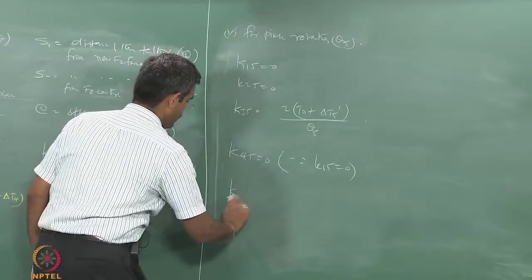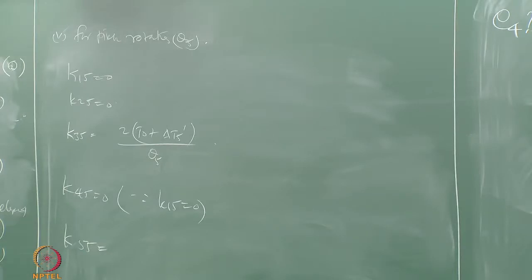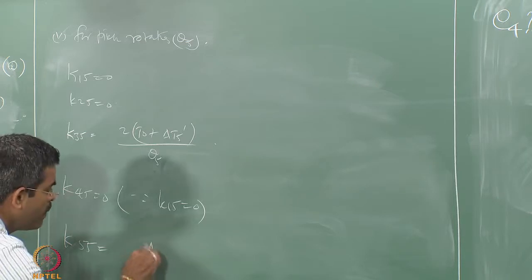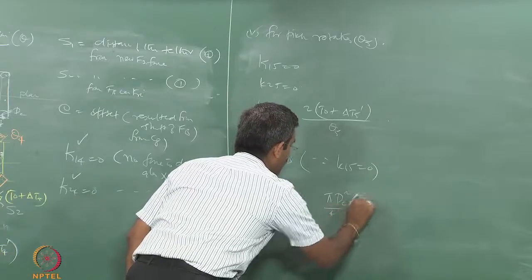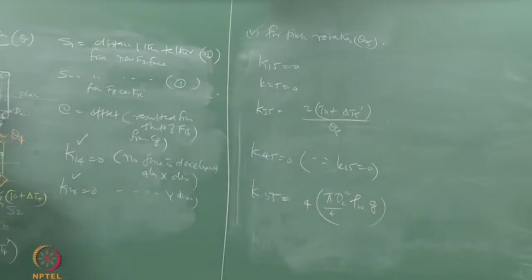For K phi phi, a similar value as how we wrote for K44. The classical derivation given in the equation shows like this: pi dc square by 4 rho wg 4 times, that is nothing but the immersed volume of Pb